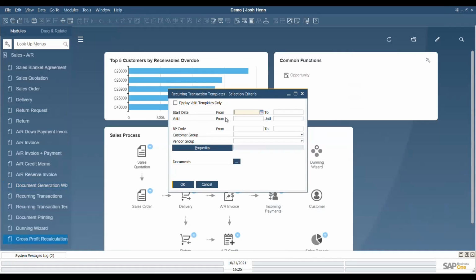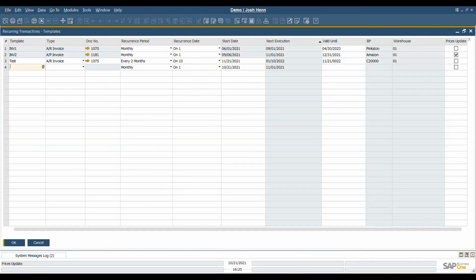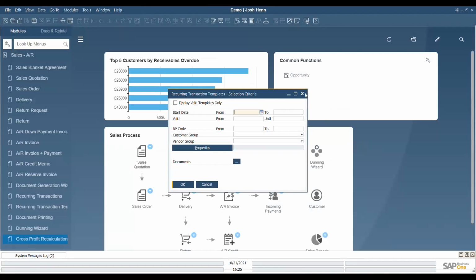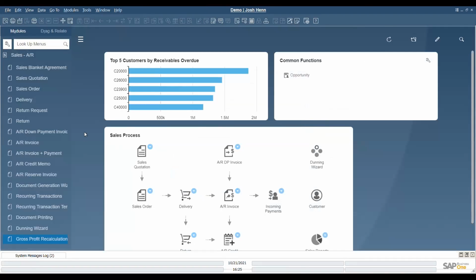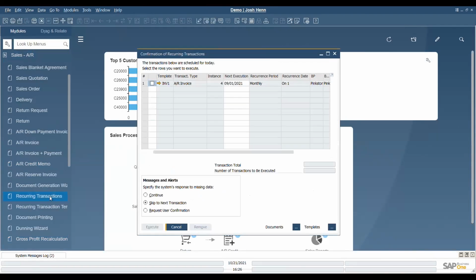So here we can display the templates for the transactions at a certain date. We can also specify what BP codes we want to see. For now, we'll close out of this. So to see our actual recurring transactions, we'll go into the recurring transactions underneath our sales.